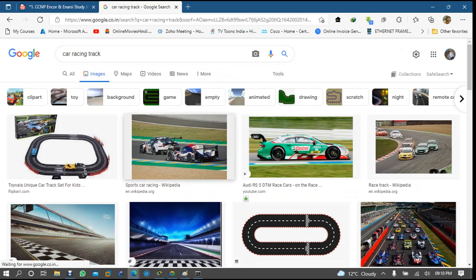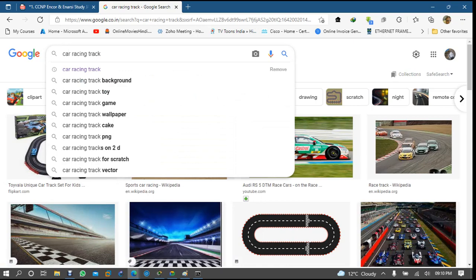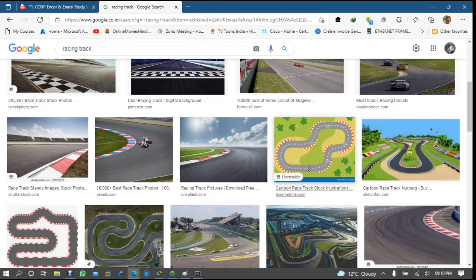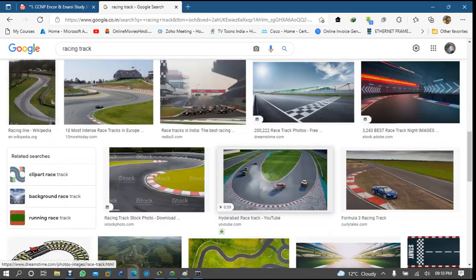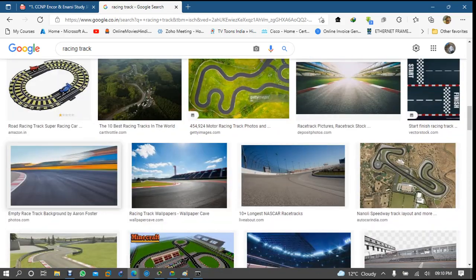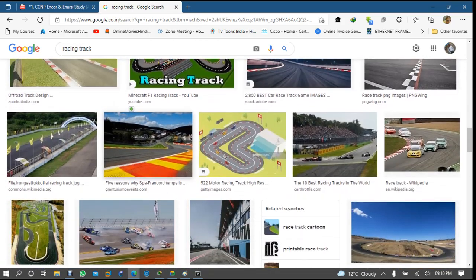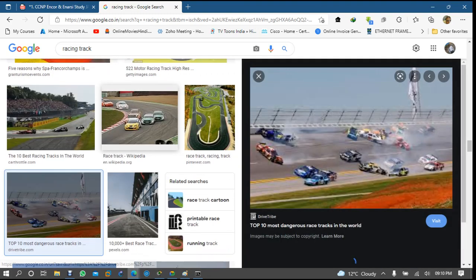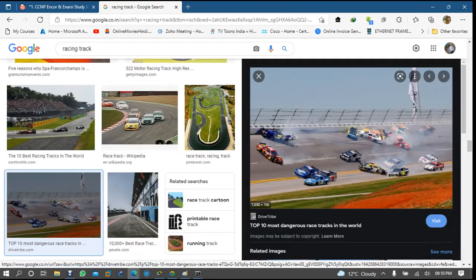Car racing track, or what you can say, which one? Racing track. Let me show. I'm not getting an exact example. Okay, if you are coming to this car racing track, see,